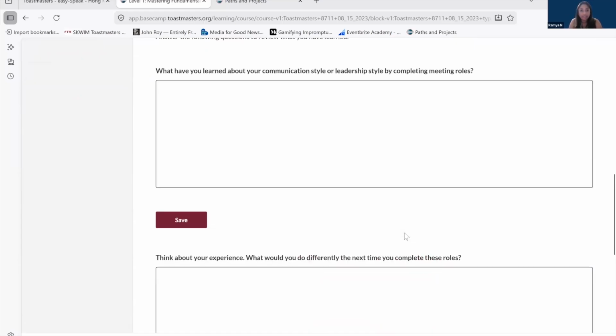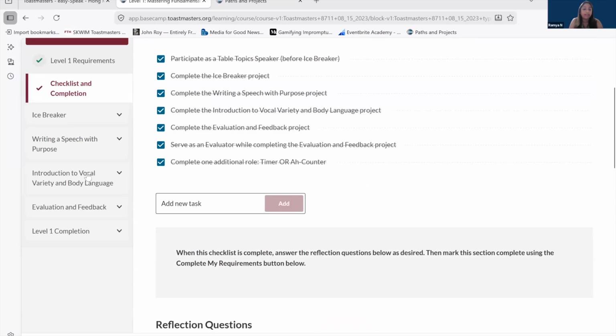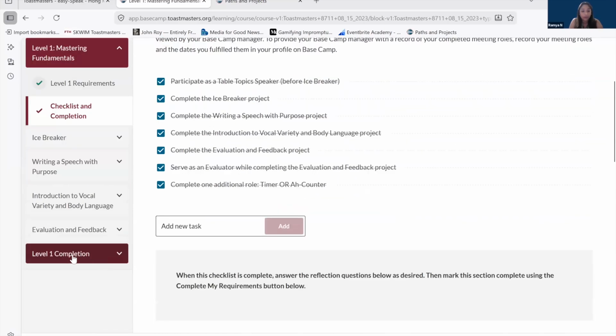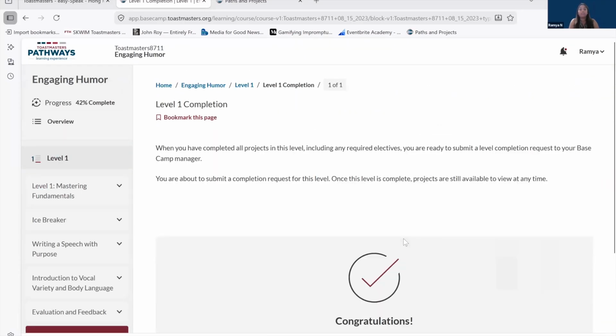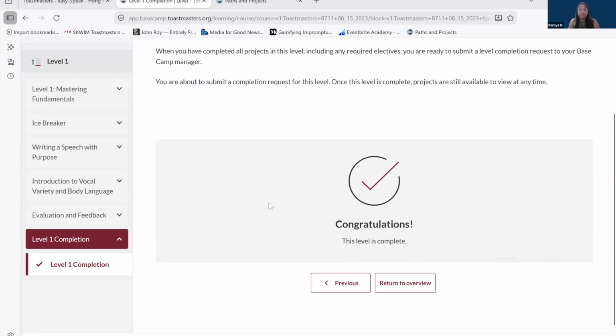Once I do this and I've completed it, I still need to go to this one, which is level 1 completion. And once you go to level 1 completion, you check on this box and you will see a box over here again that says, have you completed all the requirements, and I say yes. Are you willing to submit to TI? And I say yes. I'll show this to you in the level that I haven't completed to show you how it looks. And once you submit this, this is when I currently, as VPE, would get a notification in my